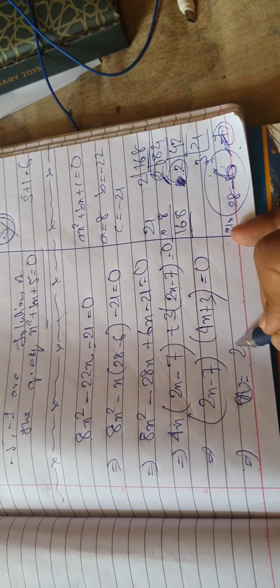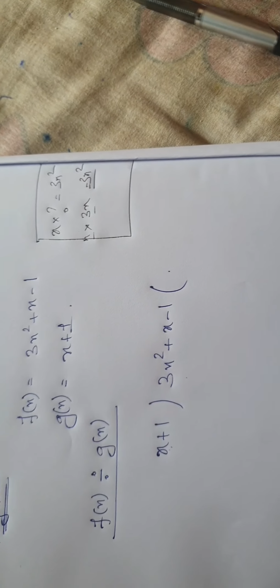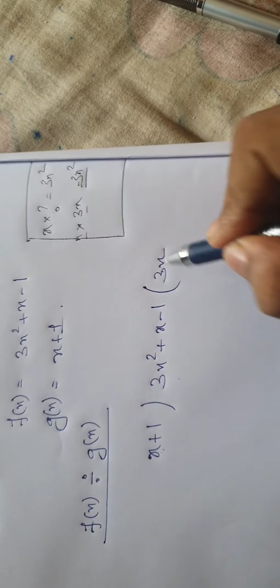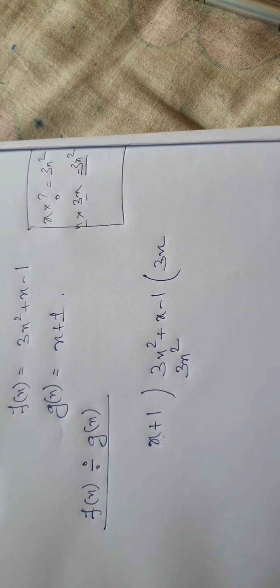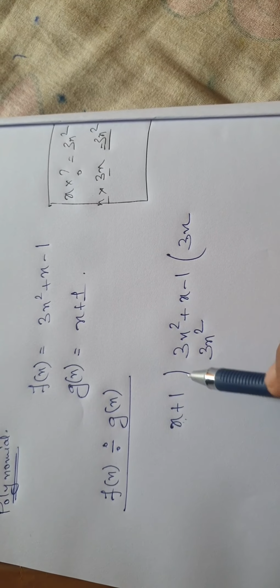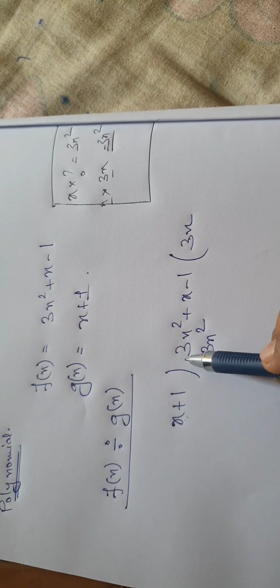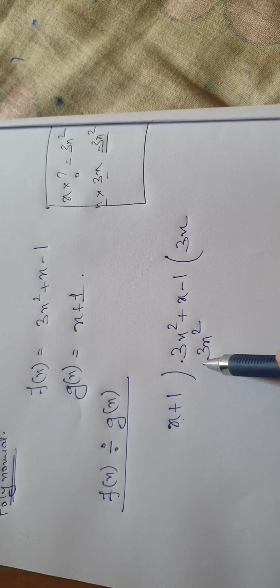So in your mind you have to think, x into how much will give you 3x square? Definitely, x into 3x should give you 3x square, right? So there you will write 3x, giving 3x square. Now you have to maintain the sign. For example, here the sign is what? Positive in the first case. Because the sign is positive, here also it should come positive.